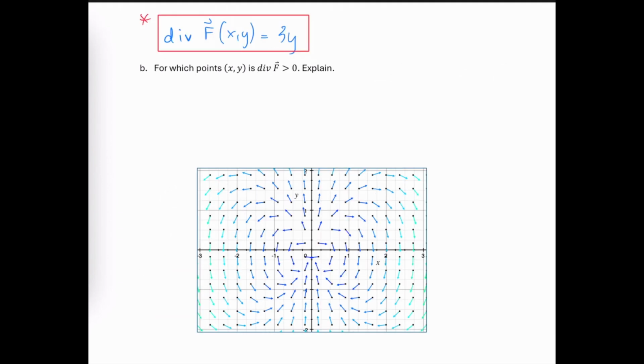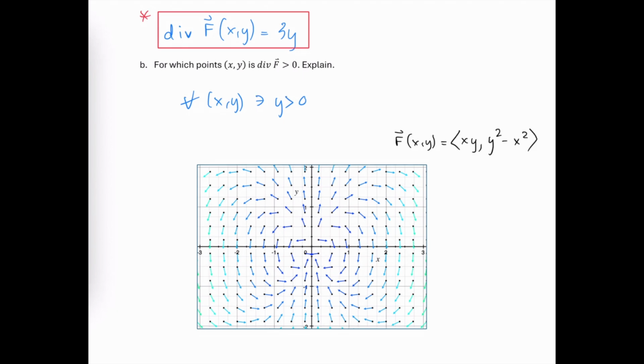In part B of this example, we're asked for which xy ordered pairs is the divergence going to be greater than 0, and we'll say that that's going to be true for all xy ordered pairs such that y is greater than 0. And here we have a 2D representation of this vector field, and we can kind of see